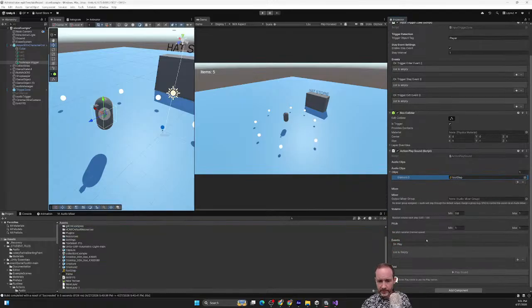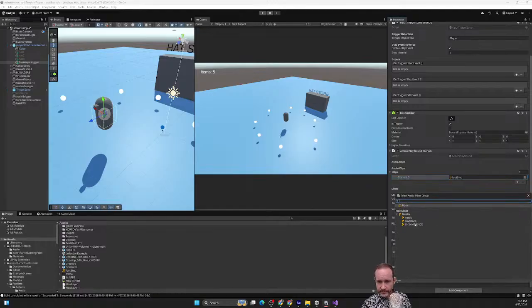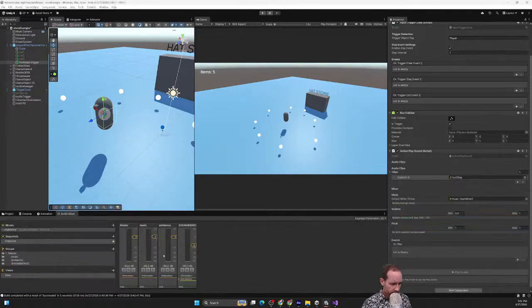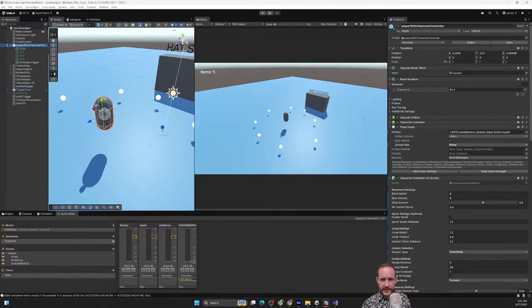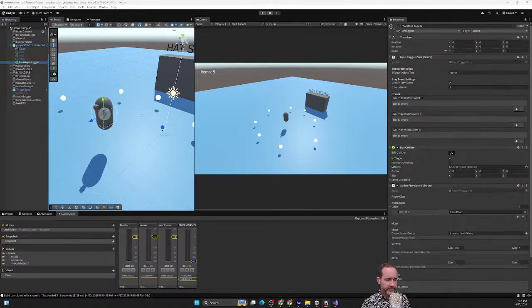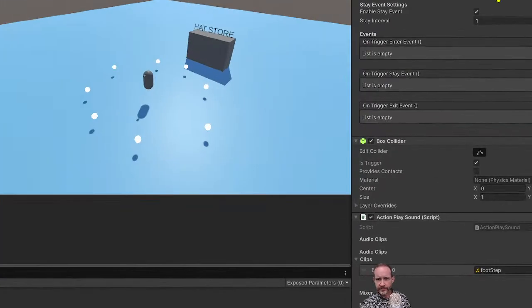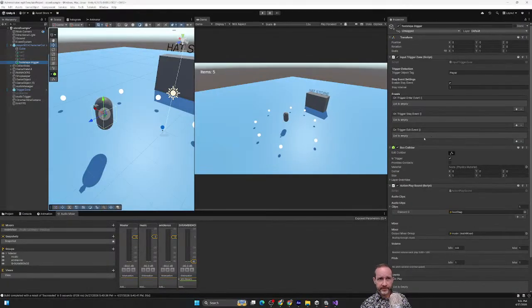Cool. Now, send it to a channel. Turn this off for now. So now, this is there. It should be just constantly triggering this footstep every second. And so if we save and hit play,